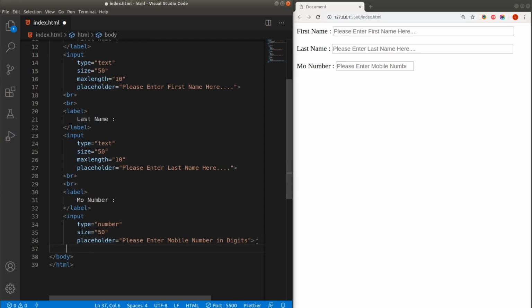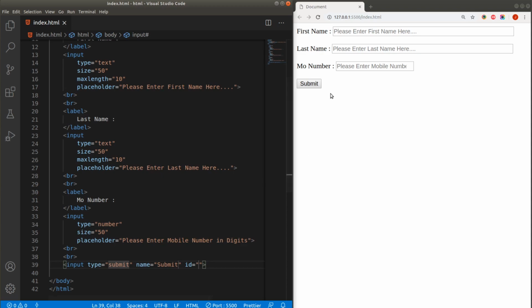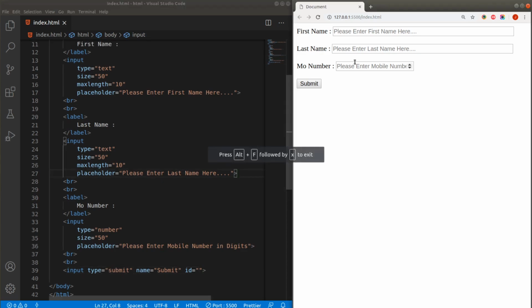When the user inputs his data, he will not be able to submit that data. So what I will do, I will add two more break tags here. I will format them a little bit. Then I will add one more input element in our HTML form. But instead of type text, I will keep the type as submit now. Okay, and I will keep the name as submit, and what this will do is convert my input element to a button, and the type of that button will be submit. So whenever the user inputs all the information and clicks on the submit button, that info will be sent to the server. So let me save the changes, and look, we have a nice button called submit here. So after entering all the information, the user can simply press this submit button to save the information.